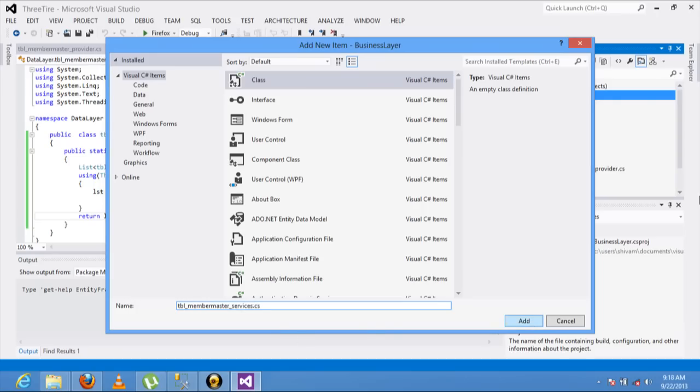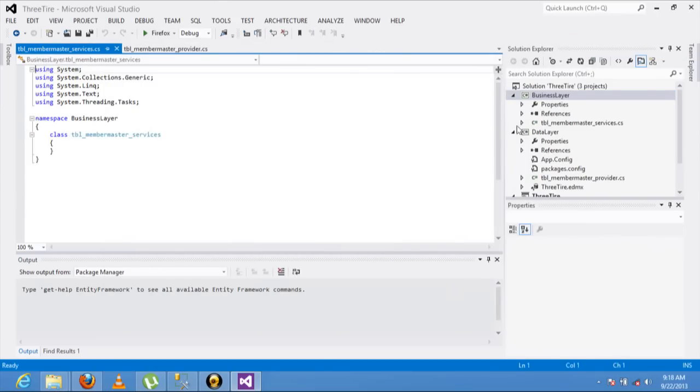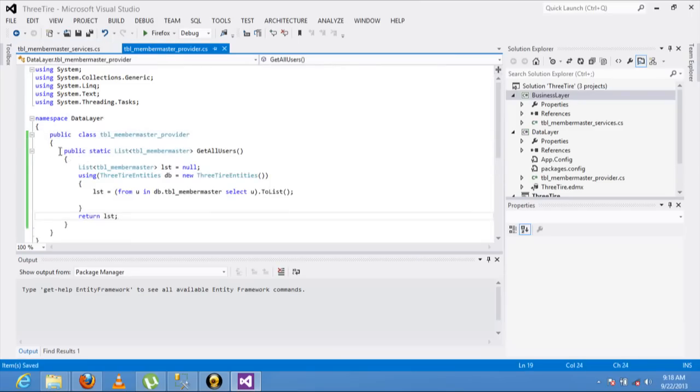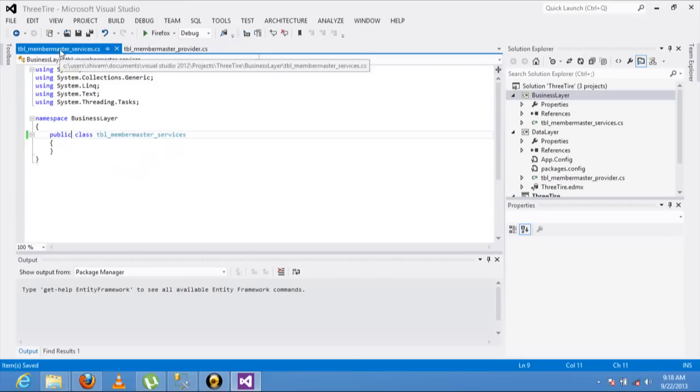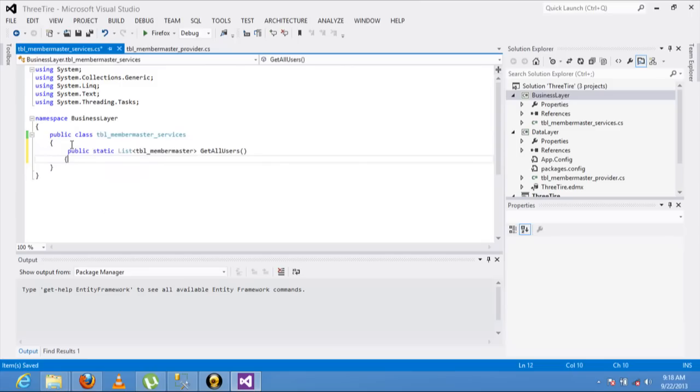Add the class. Now the class is added. Make a similar class, and make it public. Now I'm calling that class from the business layer. You can also create an interface, but I think there is no need of it. You can create a simple method which calls the data layer method.